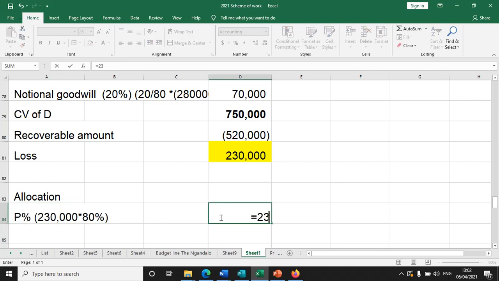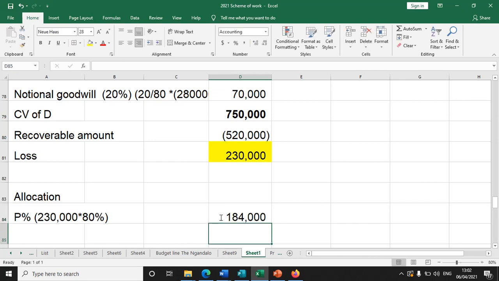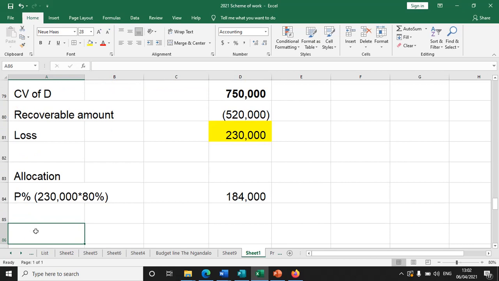What do we have? 230 multiplied by 80%. I'm getting 184. So the revised goodwill is going to make sense here. So our revised goodwill will be,